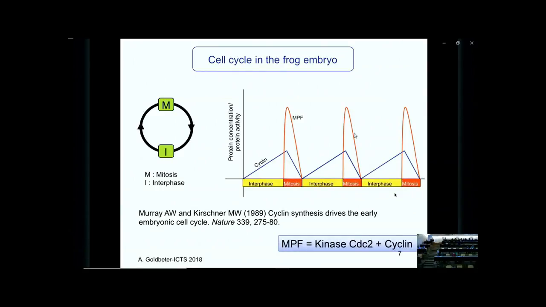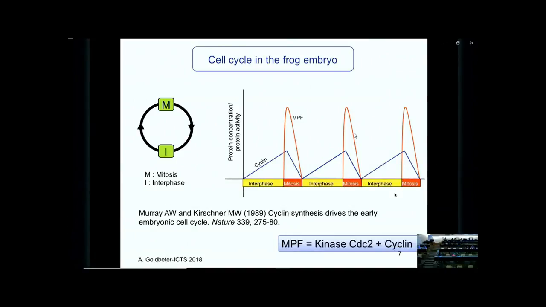CDC2 is a kinase which phosphorylates substrates and which eventually leads to cell division. The other protein making the MPF complex was found to be cyclin. Now, cyclin